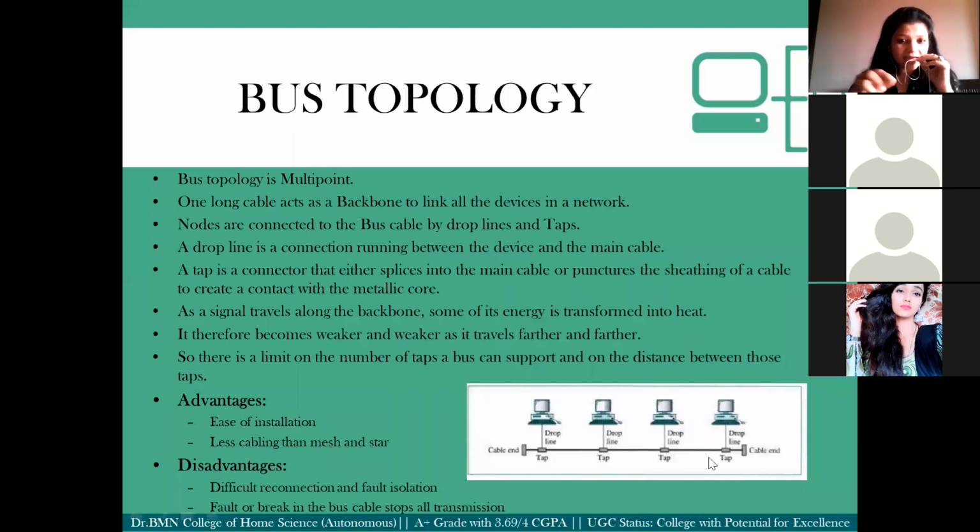That is the reason we say that on drop lines, sorry, on the backbones and bus topology, you should have a limited number of devices, not many, because as many devices as you have, that many taps you will have, and that much bigger the wire, the backbone, the bus will be. The bigger the bus, the more devices you will keep adding, and you will keep transforming the energy into heat. Later on, it will degrade the quality of the wire of the main cable. So that is the reason a limited number of devices should be kept in bus topology.